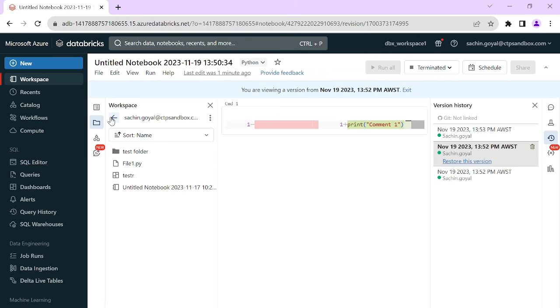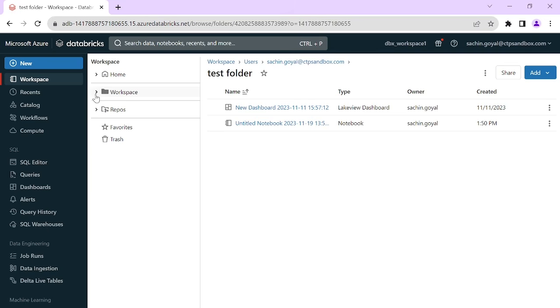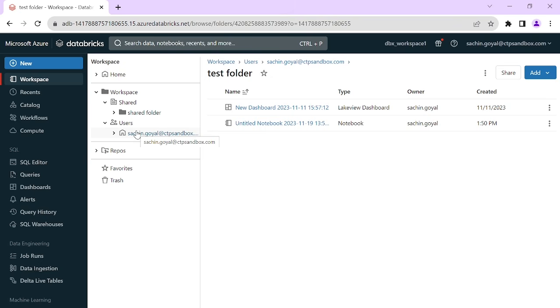Next is the limitations of the notebook within the workspace for CI/CD. Though we have the option of version control within the notebooks that have been created within the workspace, you might have noticed that there is no option to create a branch in here, and the option to share the notebooks is that we can share all of the notebooks within the shared folder and contribute with other developers,